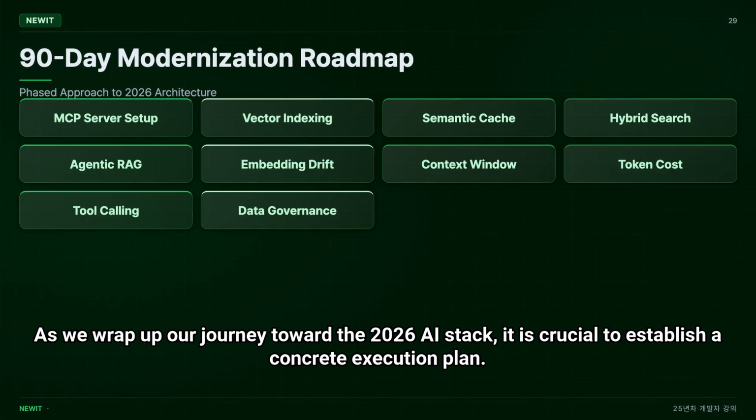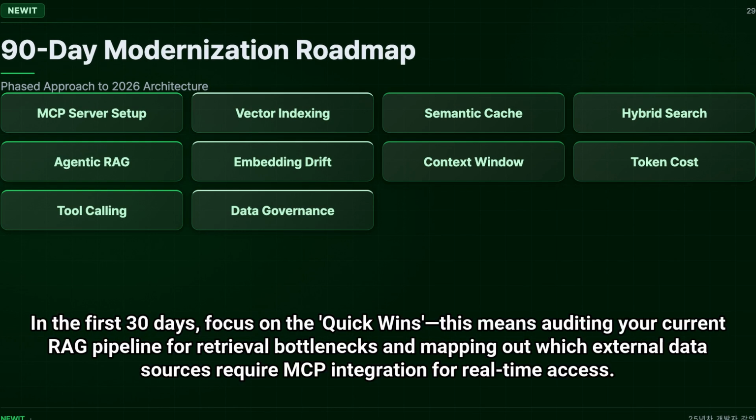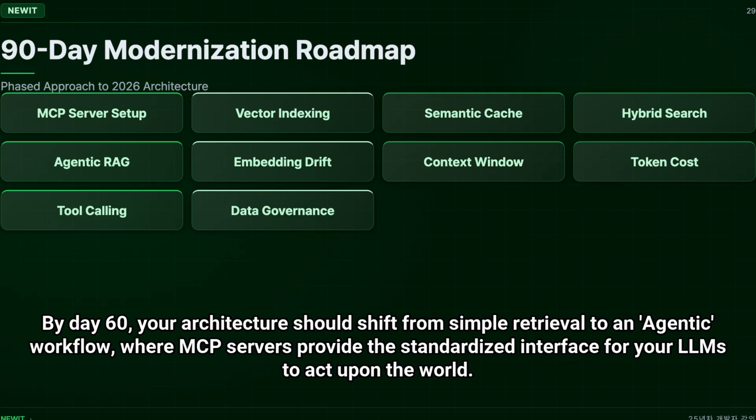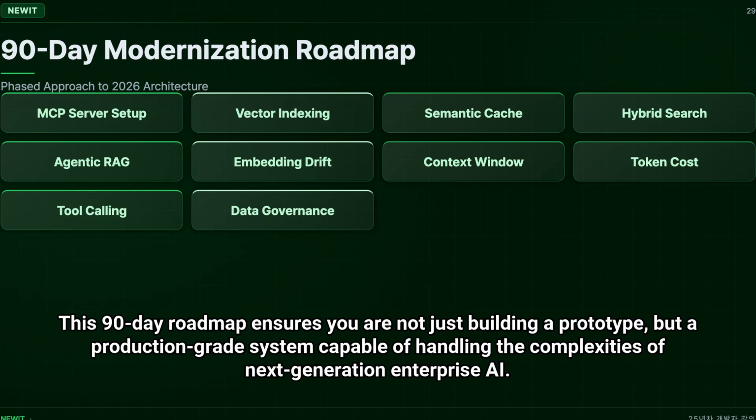As we wrap up our journey toward the 2026 AI stack, it is crucial to establish a concrete execution plan. In the first 30 days, focus on quick wins. This means auditing your current RAG pipeline for retrieval bottlenecks and mapping out which external data sources require MCP integration for real-time access. By day 60, your architecture should shift from simple retrieval to an agentic workflow, where MCP servers provide the standardized interface for your LLMs to act upon the world. Finally, by day 90, the goal is reaching operational maturity with automated semantic evaluation and dynamic embedding updates. This 90-day roadmap ensures you are not just building a prototype, but a production-grade system capable of handling the complexities